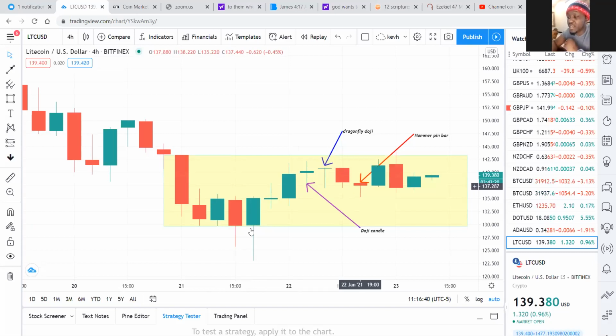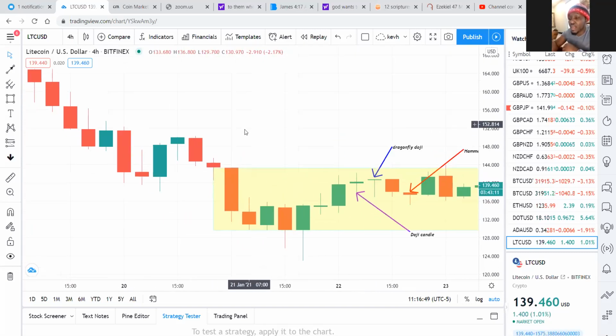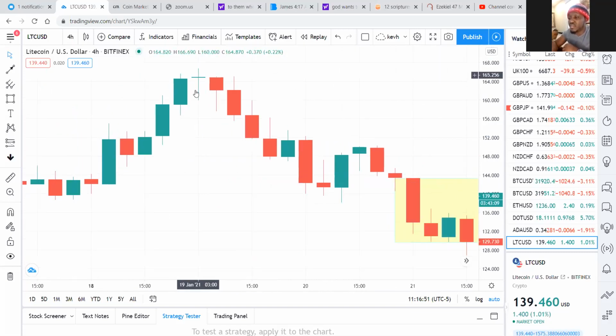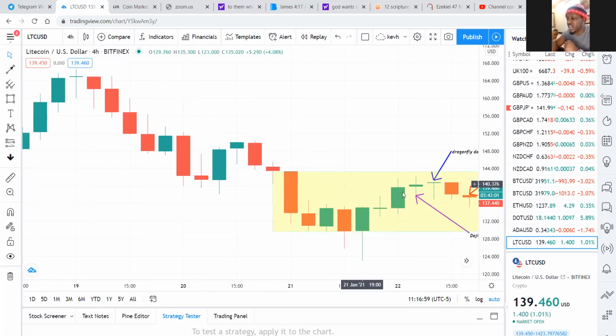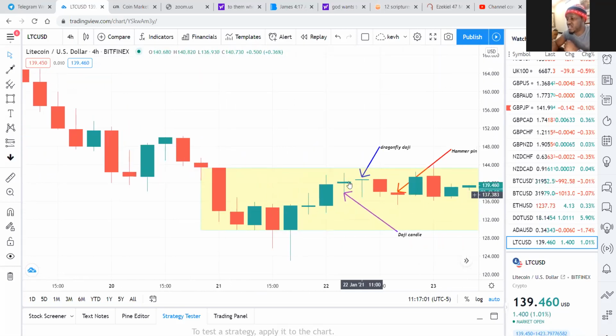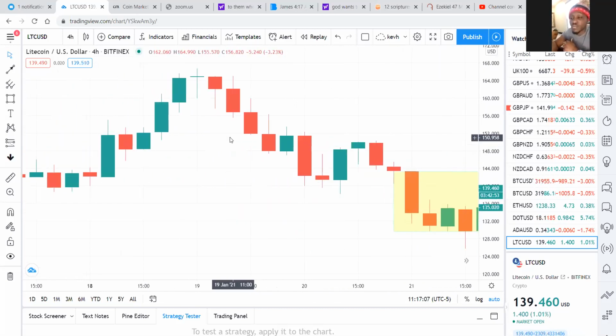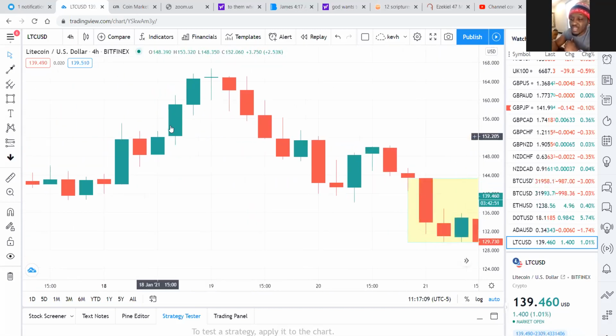And I keep saying the location of these candles matters a lot, right? If you just see a doji happening like this, this is a doji. Okay, this is a perfect example of a reversal. If this doji was somewhere like here, it does not change anything because this market is consolidating. But when it occurs at the top,